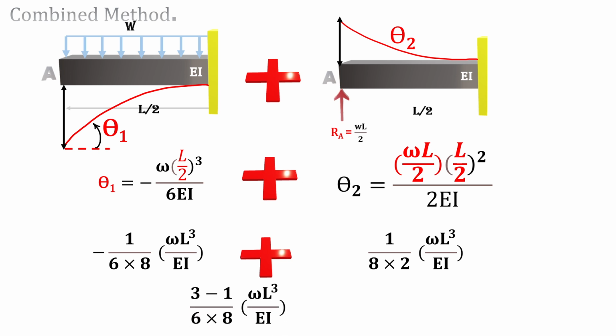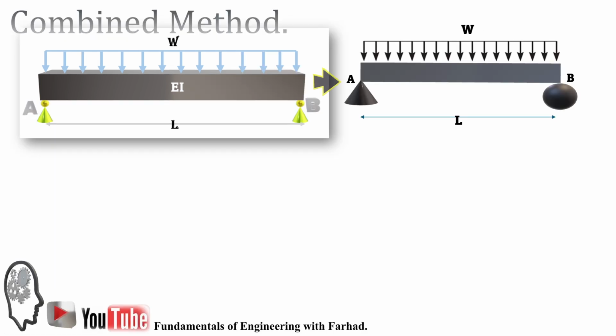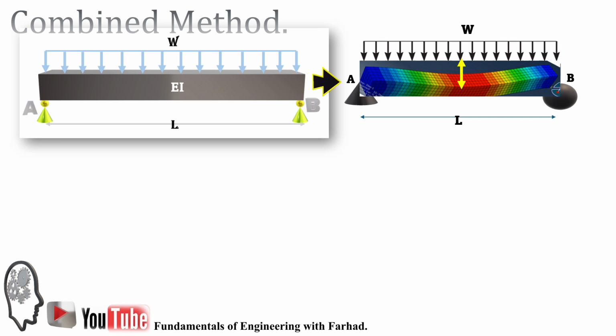And if you add them up together, you will reach 3 minus 1 times 6 over 6 times 8, WL cubed over EI, and you will get WL cubed over 24 EI. And so we can easily see in the combined method, we can get the delta maximum calculation and also